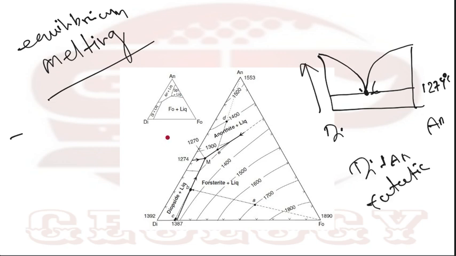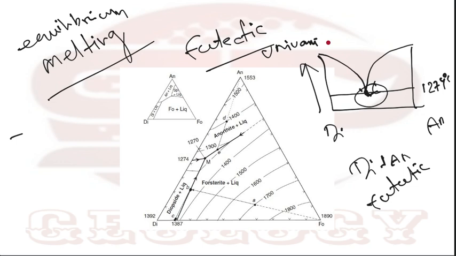So at the eutectic point, melting will start. Diopside and anorthite will produce melt of eutectic composition, and isothermal melting will go on until one phase is completely melted. The eutectic point is a univariant point. So diopside and anorthite will simultaneously melt. At this invariant point, the melting cannot